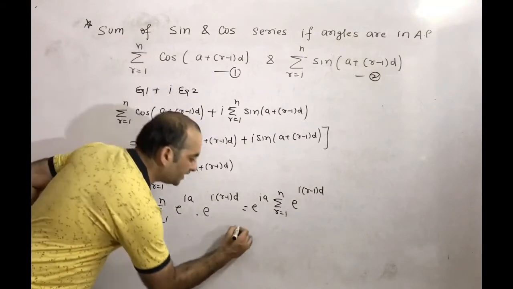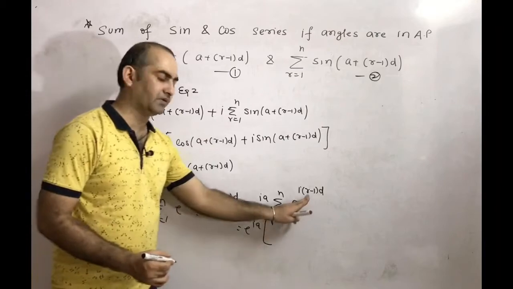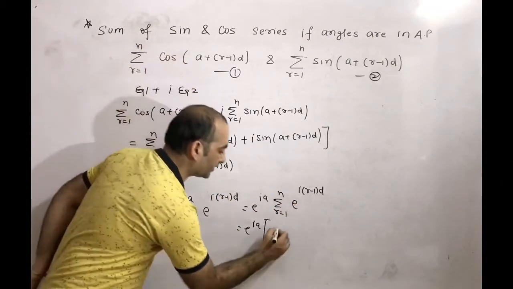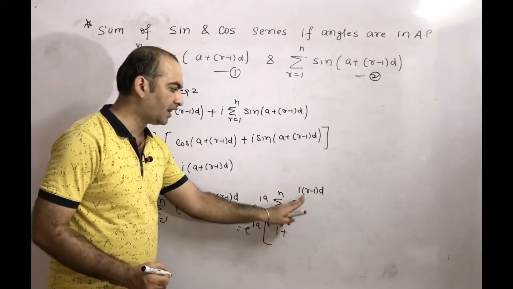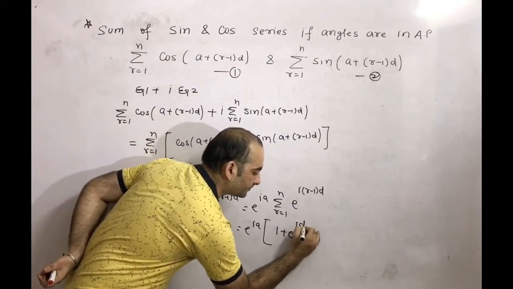So what will come? e power iota a common in bracket. If you put r value 1, what will come? e power iota times 1 minus 1, which is 0, so 1. Plus, if I put r value 2, what will come? e power iota times 2 minus 1, which is 1, so e power iota d. Plus,